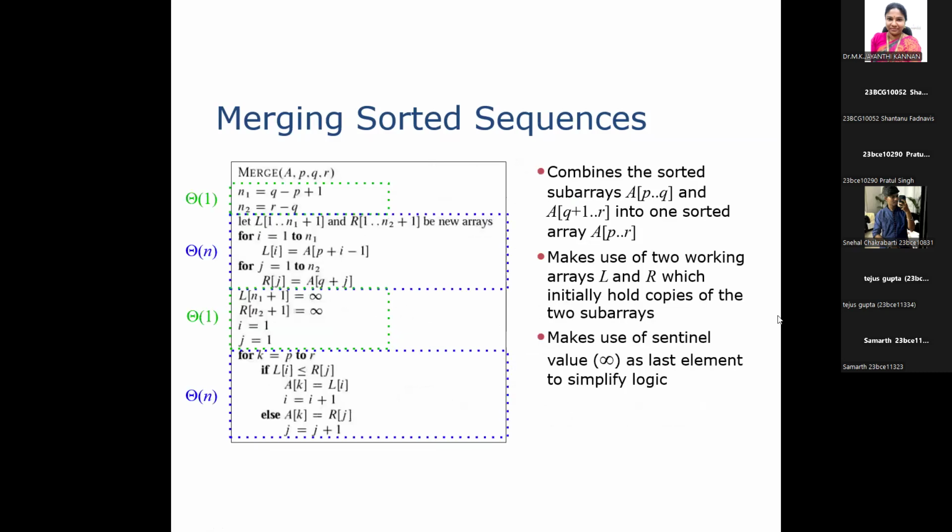If you take the algorithmic steps, we'll write the algorithm Merge(A, P, Q, R). So as we discussed, we need to find out the